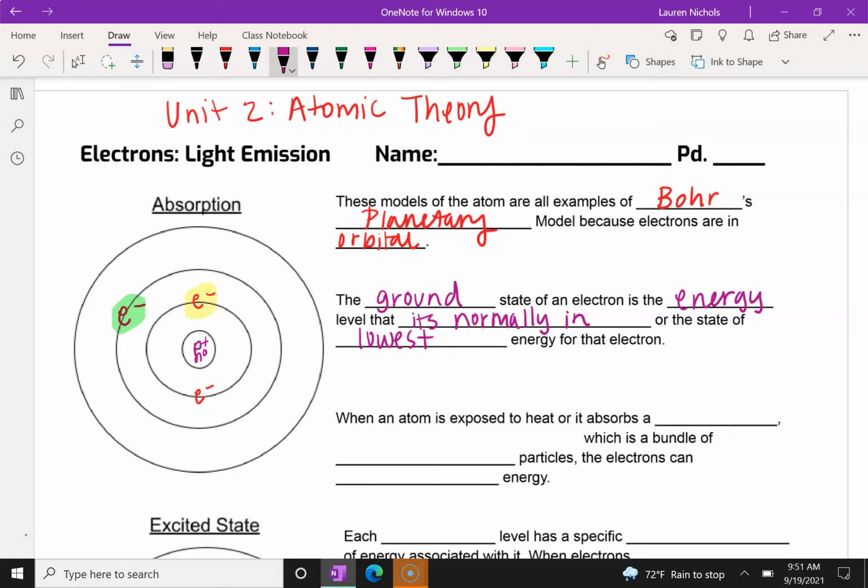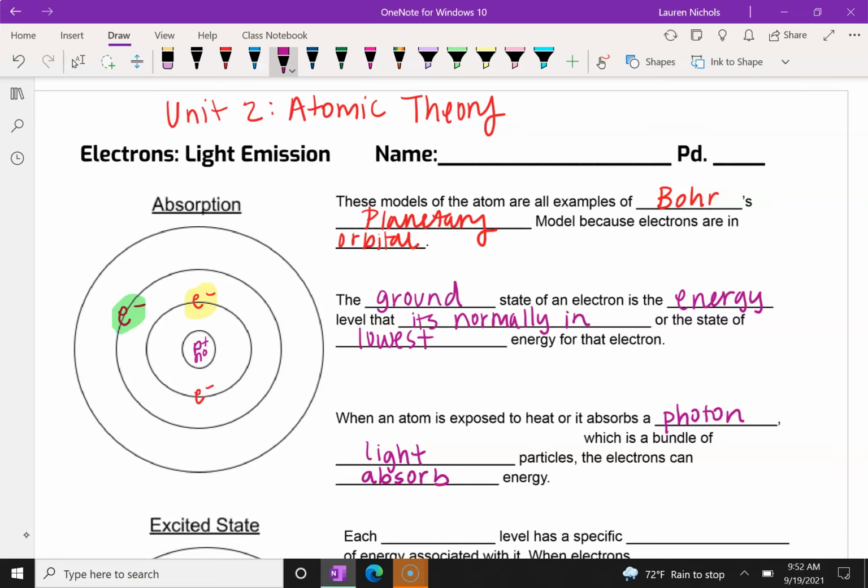Now what happens is when those electrons, or the atom, is exposed to heat, or it absorbs a photon, which I don't know why the notes looked like this. Photons are a bundle of light particles, okay? So when atoms either absorb energy from heat, like through a flame, like in our flame test lab, or absorb photons from the sun, things like that,